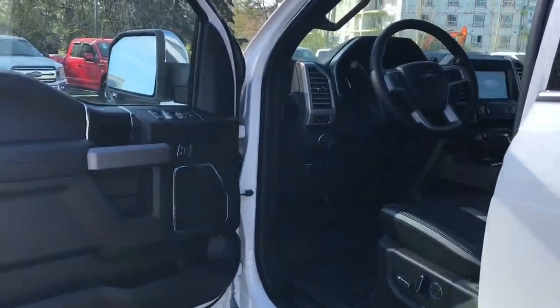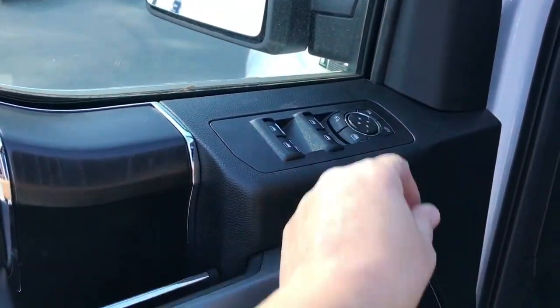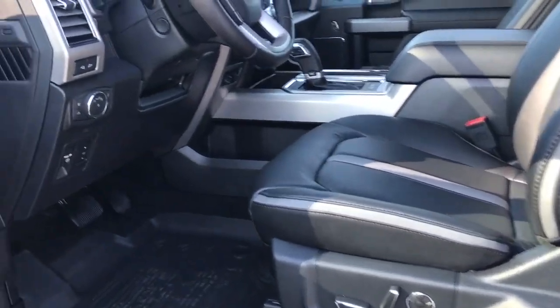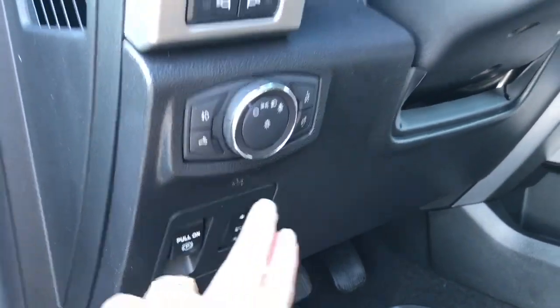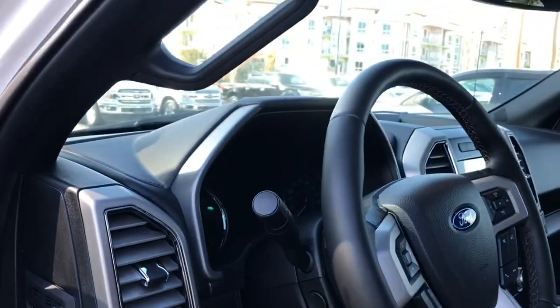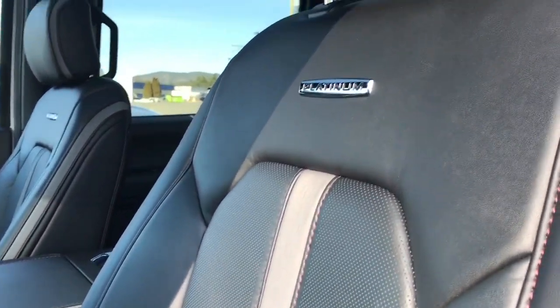Storage and speaker in the door, as well as power locks, windows, and mirrors. You also have power folding mirrors, as well as memory for 3 drivers. The driver's seat is powered with lumbar, and you also have massaging seats. You have electronic parking brake, power pedals, lighting controls, LED side view mirror spotlights, power tilt and telescoping steering wheel, grab handle in the body, and you have these nice leather seats that have inserts as well as the platinum